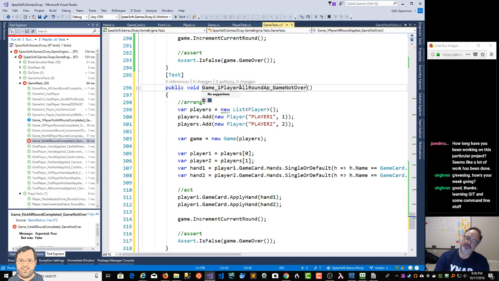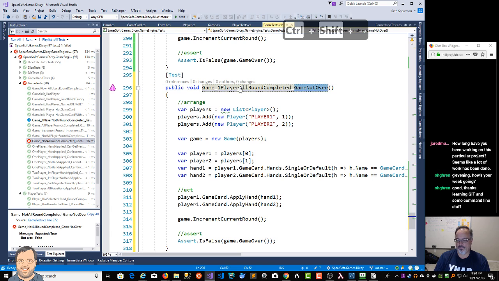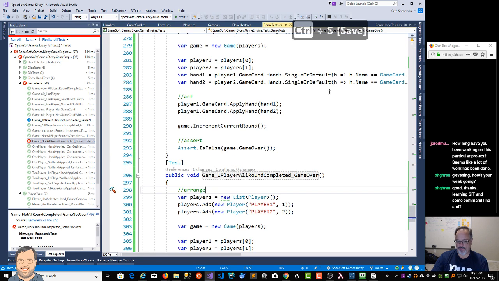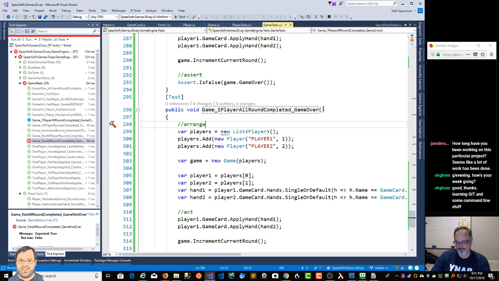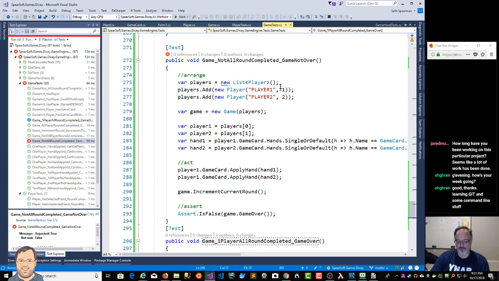All right, this will not be perfect because there's really a good bit of logic that's going to have to be around the incrementing to the next round and all that stuff. And I've done a little bit of that, but